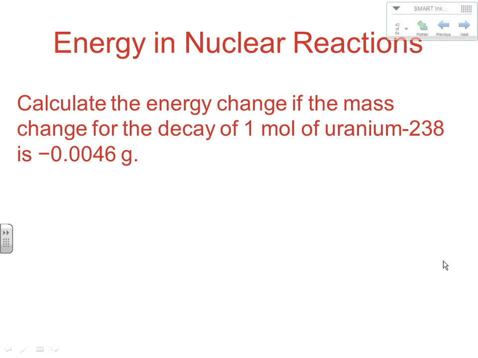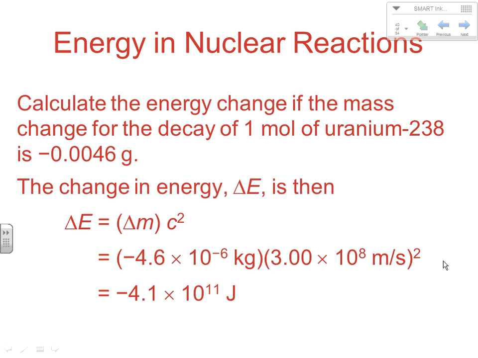To calculate the energy change, if the mass change for decay of 1 mole of uranium-238 was 0.0046 grams. So we've got some decaying uranium, and we end up with a mass change of 0.0046 grams. We can use Einstein's equation to actually calculate how much energy that would be. So the change in energy would be literally the change in mass times the speed of light squared. In this particular case, our mass changed by 4.6 times 10 to the negative 6, and it was going down